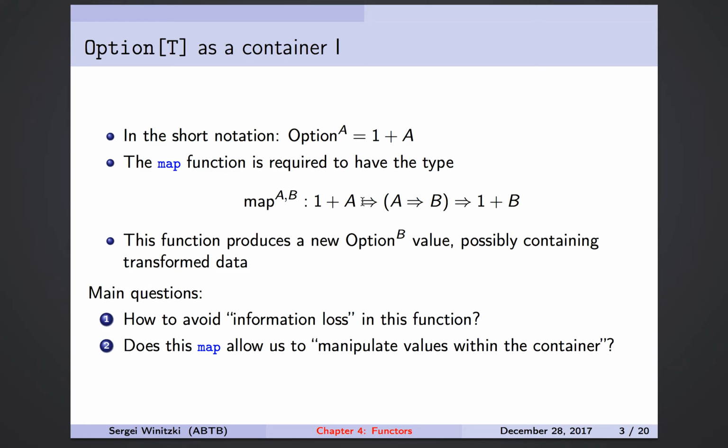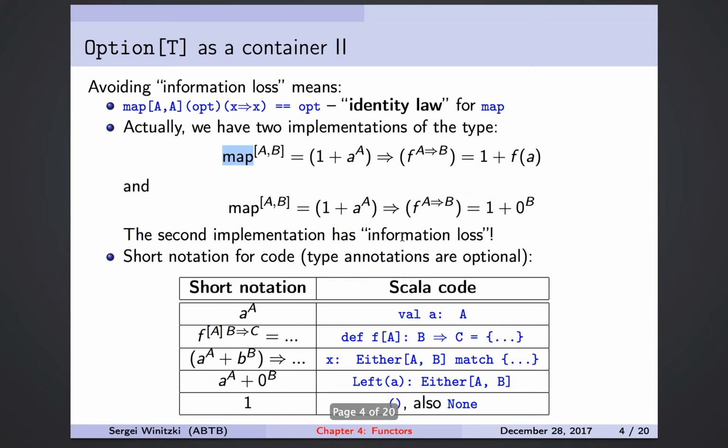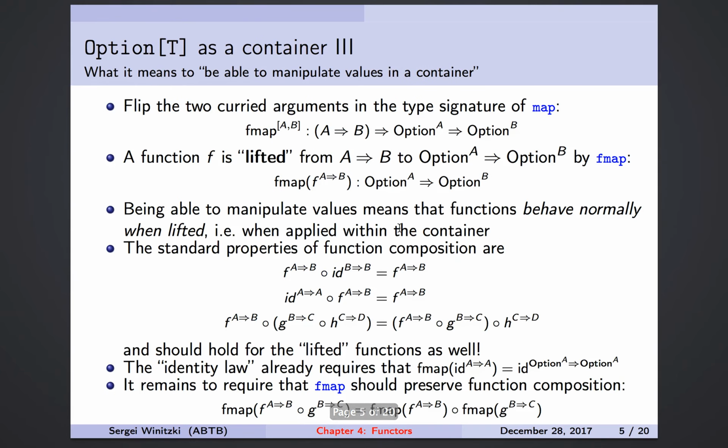So our map function will have this form. We'll have one argument, which is a container type, and another argument that's a function type. And the Fmap will have the opposite order of these arguments. So this is what we would write. Fmap applied to a function from a to b returns a function from option a to option b. So after this digression,